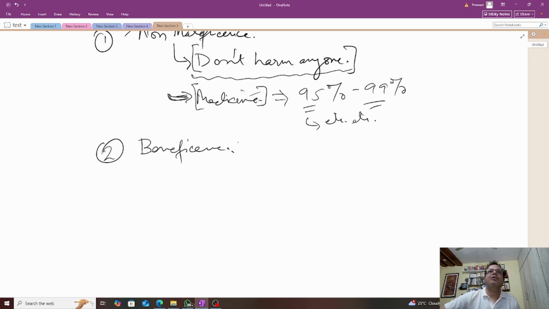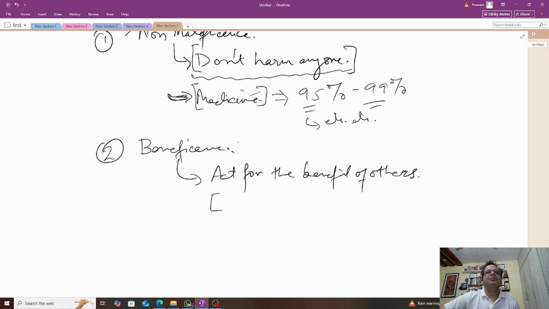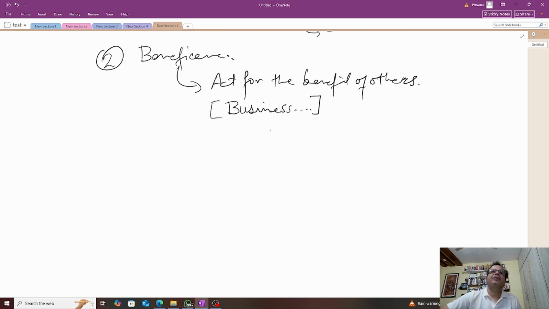Okay, so the second principle is called beneficence, which takes the principle of not harming anybody one level above, and it says that whatever you do, you act for the benefit of mankind, or benefit of people, or benefit of others. Okay, so this actually means that your actions should not just be business decisions which are good for making money, but should help humanity do our day-to-day operations better, or make it a better place. So that's the second principle.